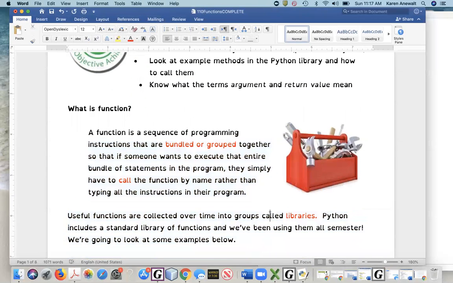A function is a sequence of programming instructions that are bundled or grouped together so that somebody who wants to execute those instructions simply has to call the function by name rather than retyping those instructions in their own program. So the idea is that somebody else has created a tool, something that we can use, and we don't have to recreate the tool from scratch. Instead, we're just able to use the tool to augment or help us out